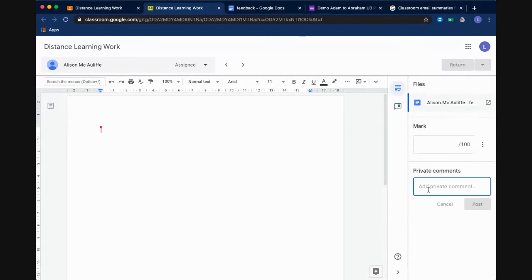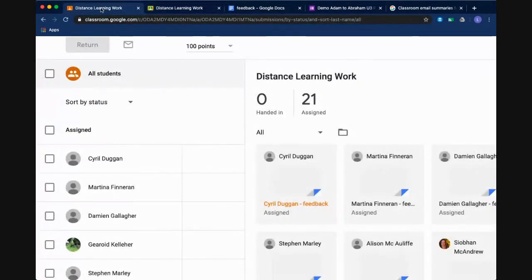I can give a private comment and feedback to that student. And if I'd used a rubric, that would also be here for me to select from to indicate where the work had landed on my marking scale. So going back to my homepage,